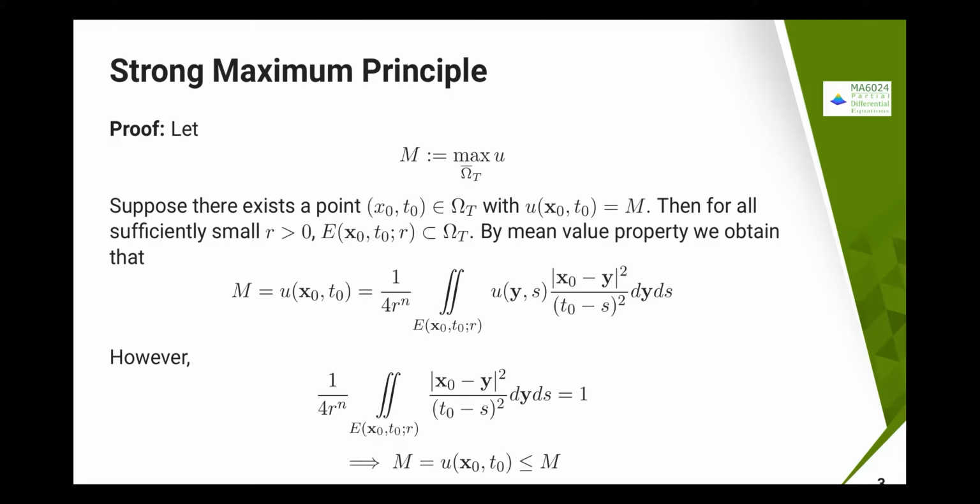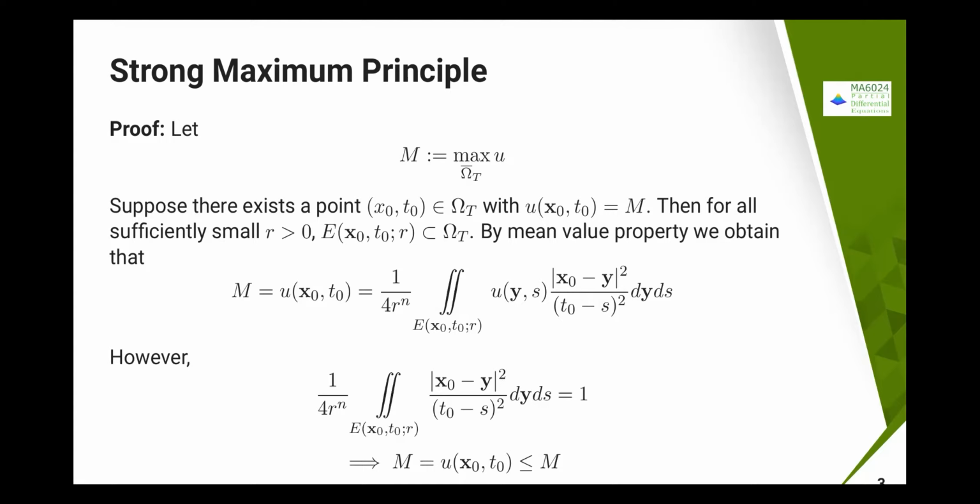Then what it is going to say is that there exists a small r, sufficiently small r, such that the heat ball... Okay, so in the case of the Laplace equation, we had a ball, or a sphere, exactly a ball only. In the case of the heat equation, it is going to become a heat ball. The heat ball is going to exist. For sufficiently small r greater than 0, there is a heat ball around this point.